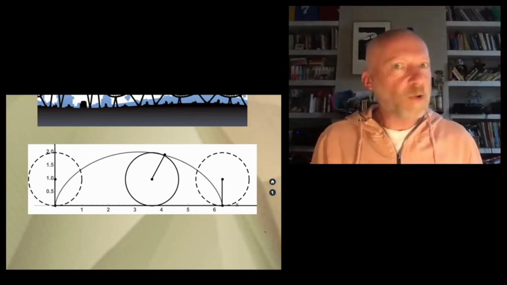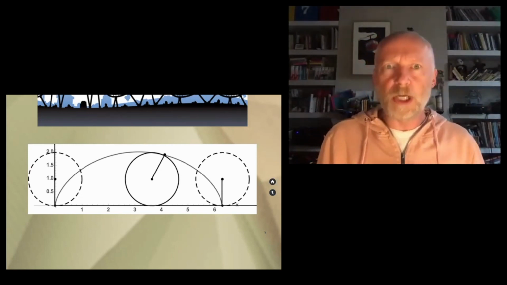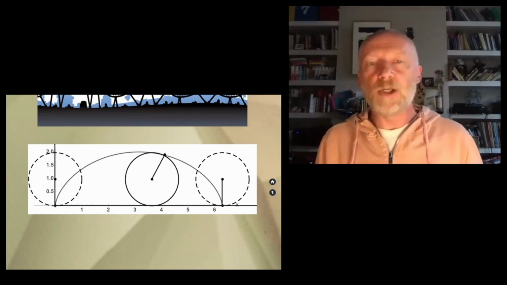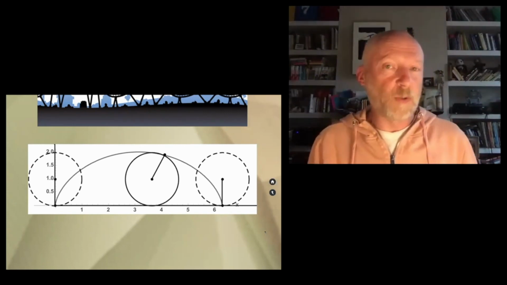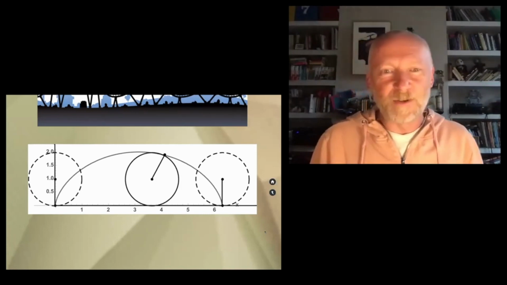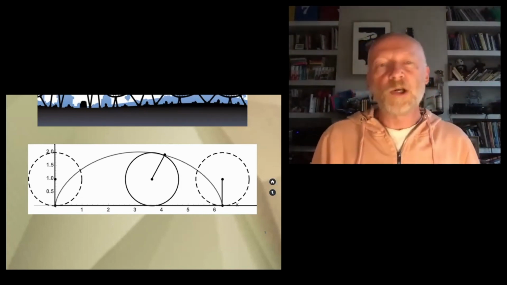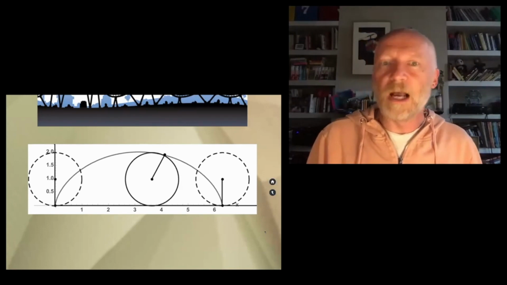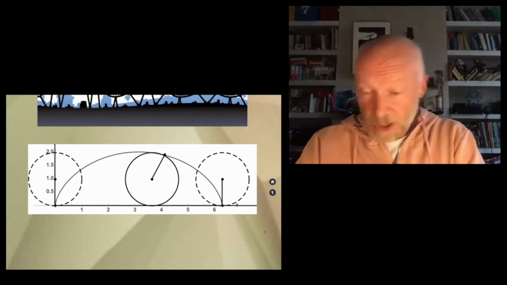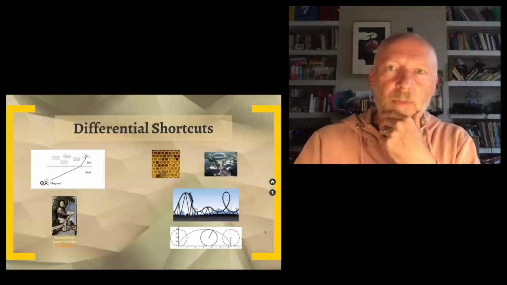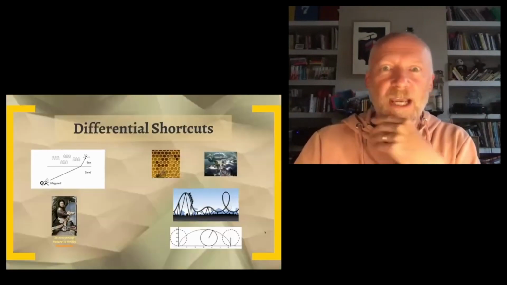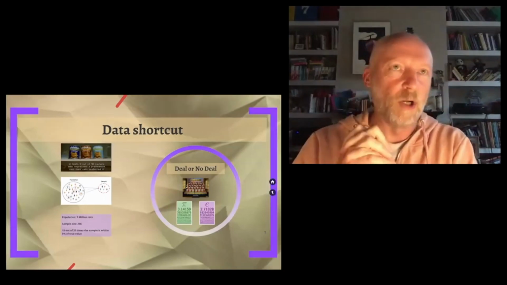So nature has given us some ways to find shortcuts, but we actually needed the language that Newton and Leibniz came up with, the calculus, to understand these efficient, fast shortcuts that nature often comes up with. One of the challenges going forwards that we're all going to have, the challenge of our modern age, is that it's an incredibly data-rich world.